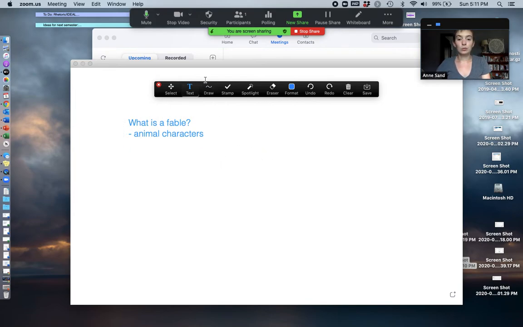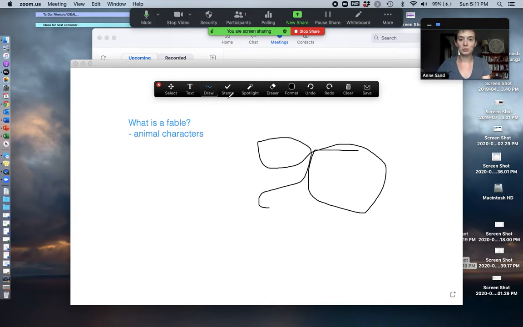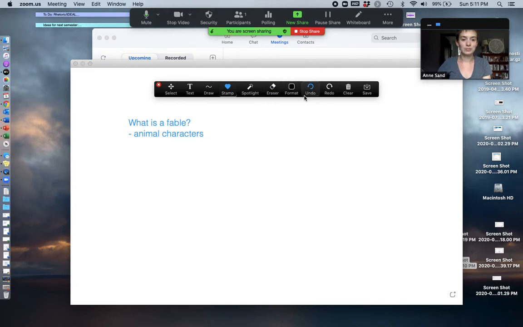I can also draw things. I'm not very proficient with these sorts of tools. I can click a stamp, right? I can erase things, I can undo, and I can clear all. I can also save, right? So say I have a whole outline of what a fable is and all our class notes up on here. I can save that, either to put online for a student who was absent or just to store it